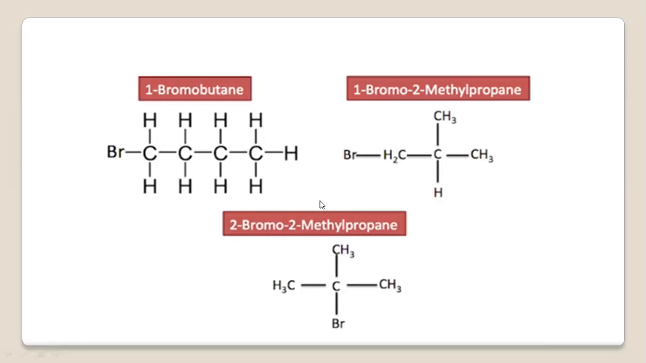These are also examples of positional isomers due to the presence of Br. Here Br is present on this carbon atom, 1-bromobutane. This is 1-bromo-2-methylpropane. The Br is present on the first carbon atom but the remaining structure is branched. Here this is a tertiary bromide structure, tertiary butyl bromide or 2-bromo-2-methylpropane. So all have a different structure due to the position of Br,